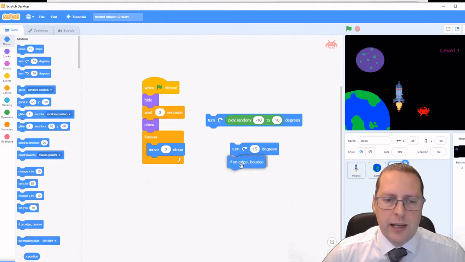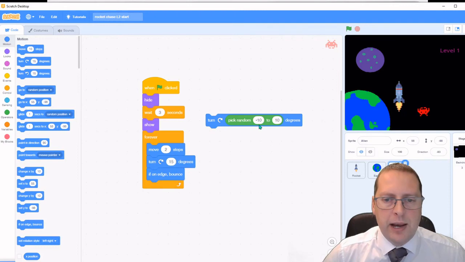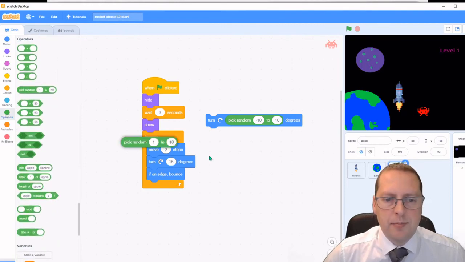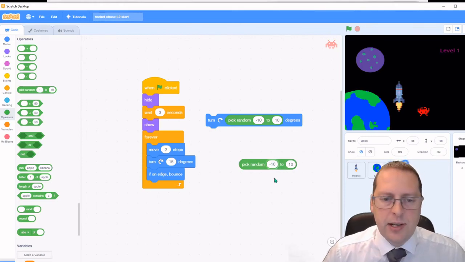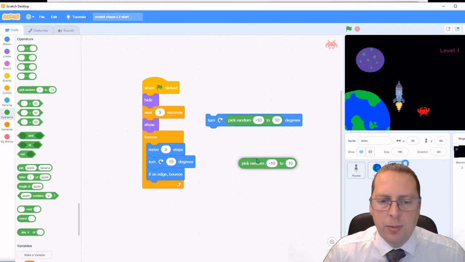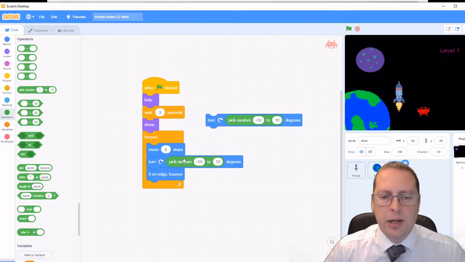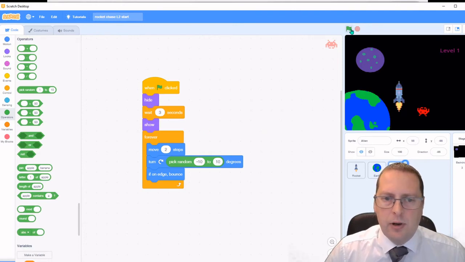So what I've got in here is a pick random -10 to 10 degrees. That's in my operators. So here I've got a pick random 1 to 10. I can just drag that in and change this to -10 to 10. Then I can move this whole block into my turn 15 degrees block, just where the 15 is, and drop that in instead. So it's replaced the number: turn between -10 and 10 degrees. So I can just delete those two blocks. And now, hopefully when I run it,